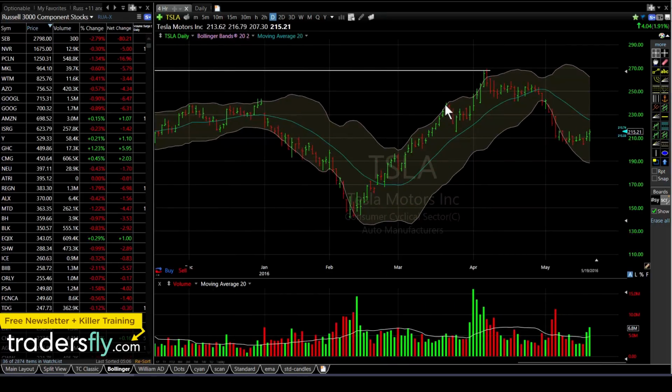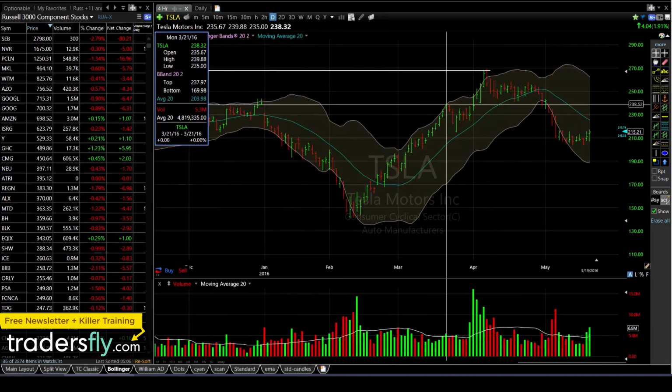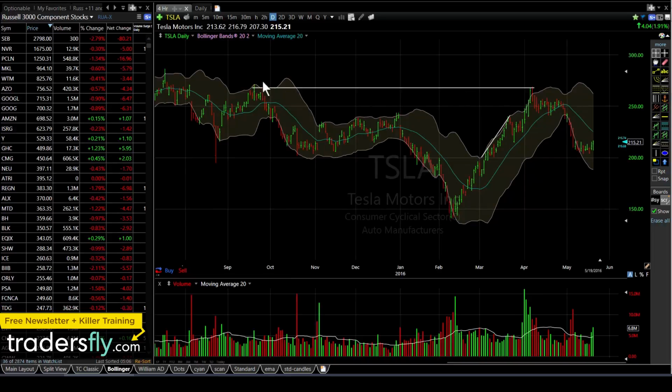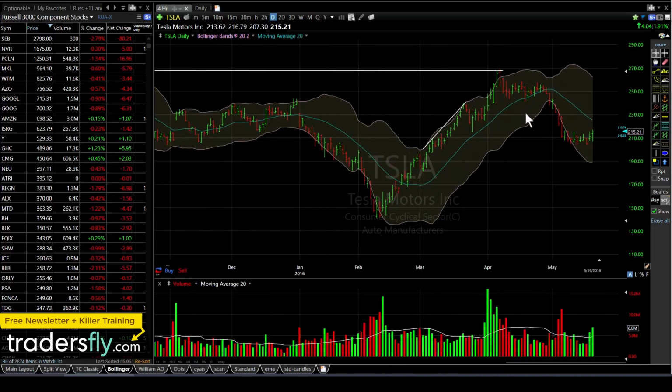So if you're coming into these highs, you can see that right here, you would say, okay, we're ready for a pullback. And you do get a little pullback. It comes back to the average, but that doesn't mean stocks can't go much higher, because you have this resistance level up there. So that's why you can't put as much emphasis on these things. You've got to look at the bigger picture.